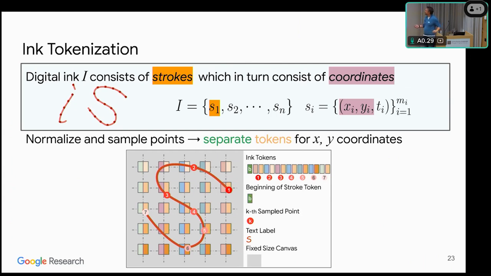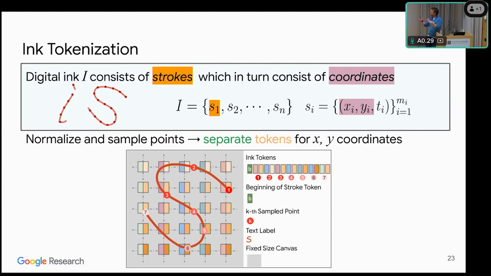So in this case, we have a stroke, which is an S. We have a token that describes the beginning of the sequence. Then we have tokens that represent the positions of the points across. Of course, this is sampled. And then we have a text label, which is, this is the letter S, right?